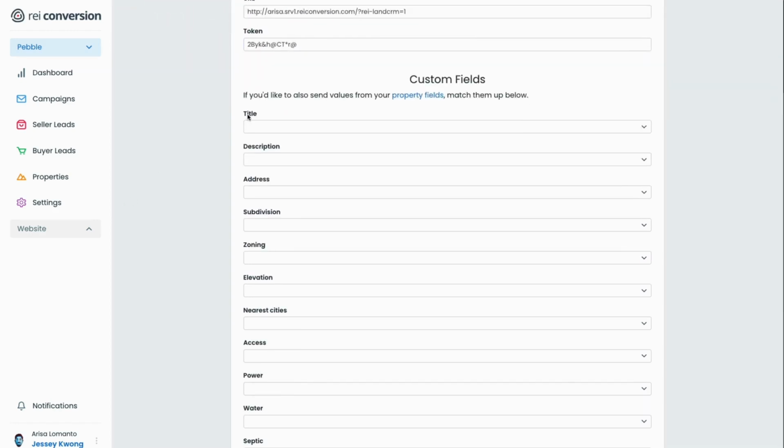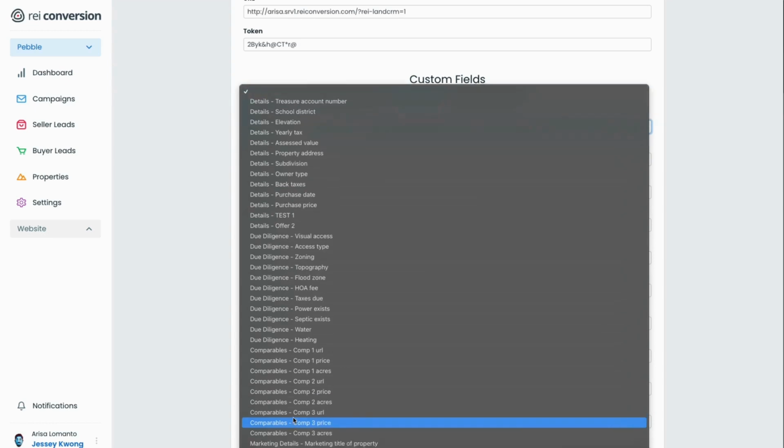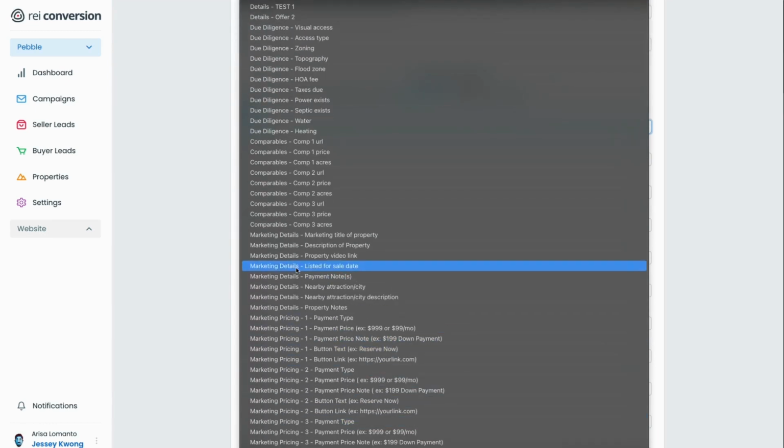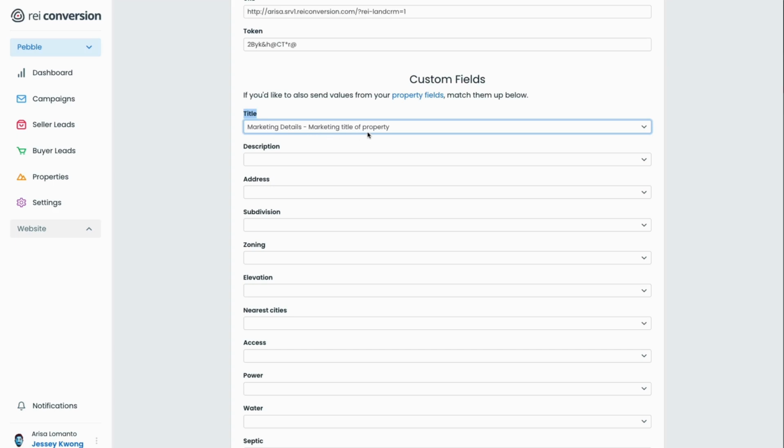Great. The next thing we'll need to do is match the property fields to the actual section that is going to populate on our website. For example, this title field, we want to make sure that it pulls the data from a specific property field. I actually have a property field set up for this under the section Marketing Details and Marketing Title of Property. That means whenever I fill out this field and I push a property, that field will fill out the title